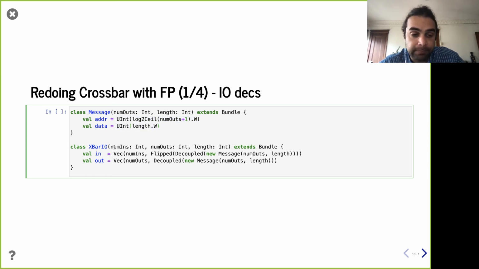And then our I/O for a whole crossbar, right? Well, we have num-ins inputs and num-outs outputs. These are all decoupled. The reason why they're decoupled is because both parties involved, both the sender and the receiver, may not be able to participate, right? The sender may not be sending data every cycle, so they may not set valid to true. The receiver, meanwhile, may not be ready to receive, right? In the case of this crossbar, if multiple senders or multiple input ports are sending to the same output port,